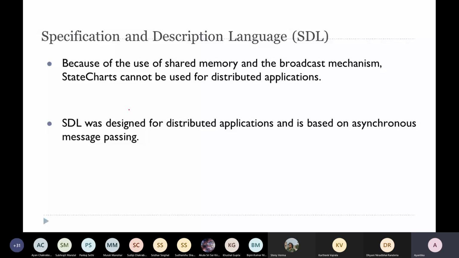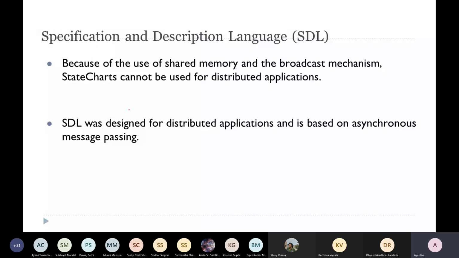Now, specifically for state chart or FSM type of scenario, the sharing of variables, sharing of information is taking place with the help of shared memory. If you remember, at that time we discussed how the message exchange, information exchange was taking place between two communicating FSMs,